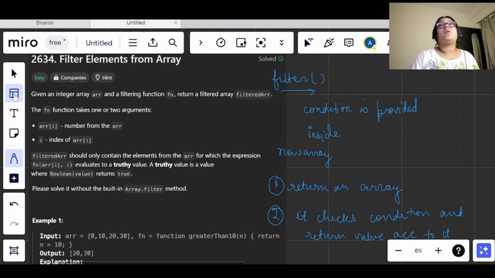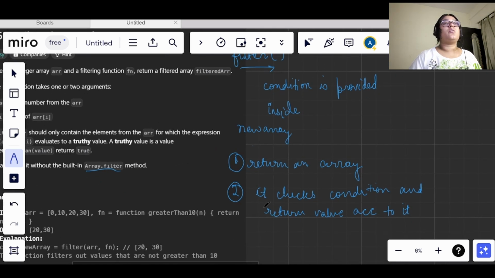Here we have been told that we need to filter elements of an array, but we can't use the array.filter method here. But just for a brief description and for highlighting the features of the filter method, I am going through it once. Let's take an example.